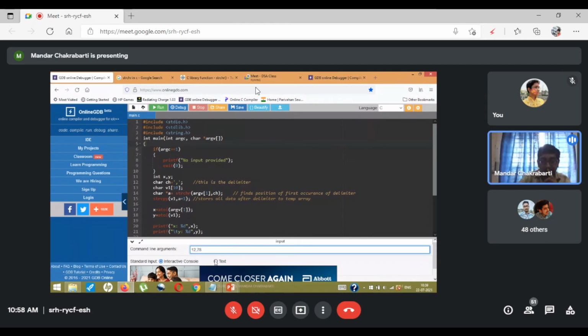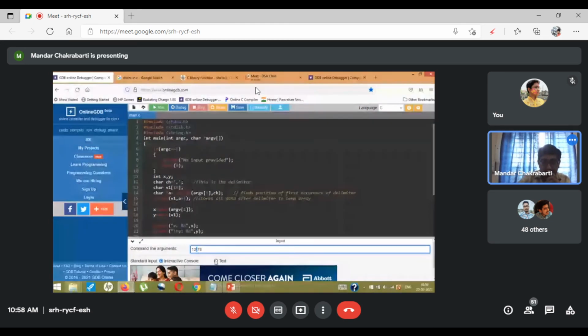And this comma is my delimiter. That is why I have stored that delimiter in a character ch. I have also created a temporary character array, which I am going to require. Why am I going to require it?